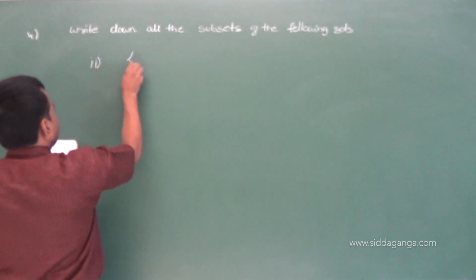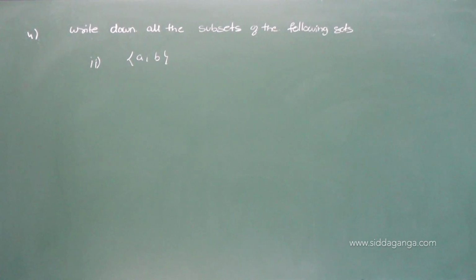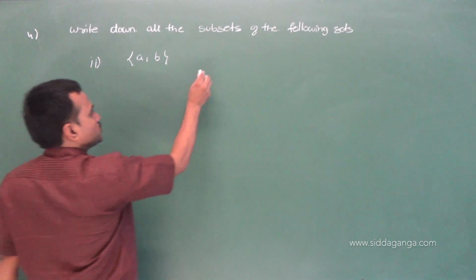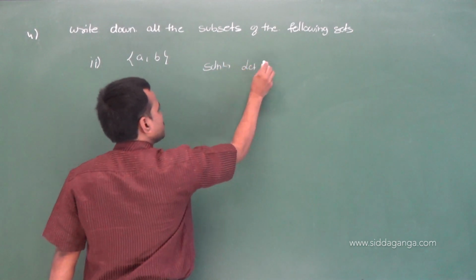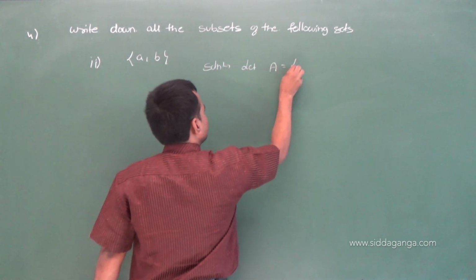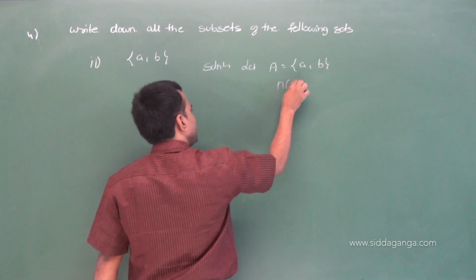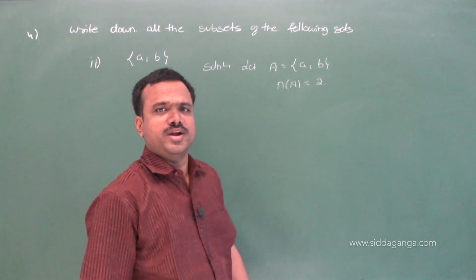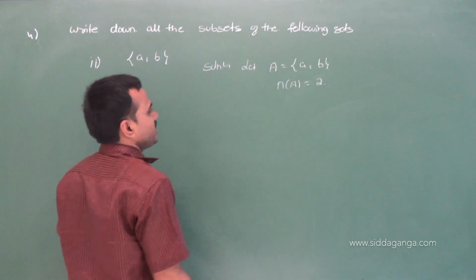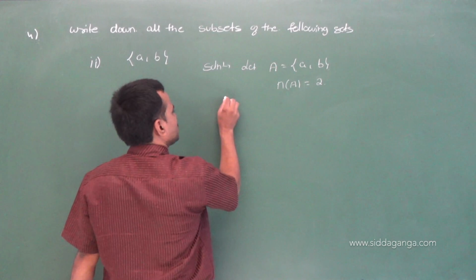Second question. {a, b}. Second question. {a, b}. Solution. Let A is equal to {a, b}. n of A, n of A is what? 2. The number of elements present in A. n of A is what? 2. Correct? Okay. The subsets are